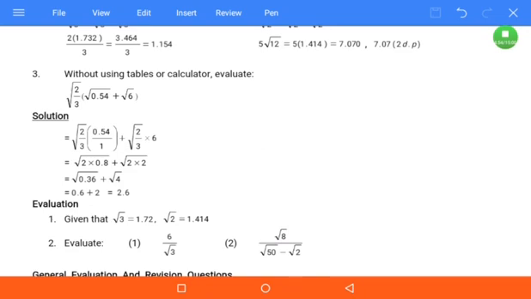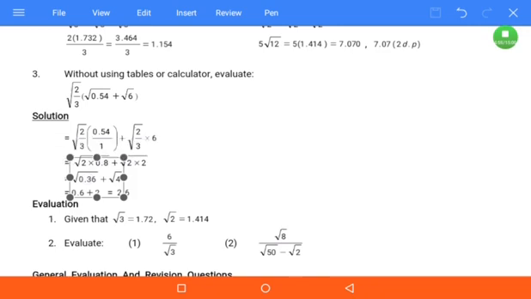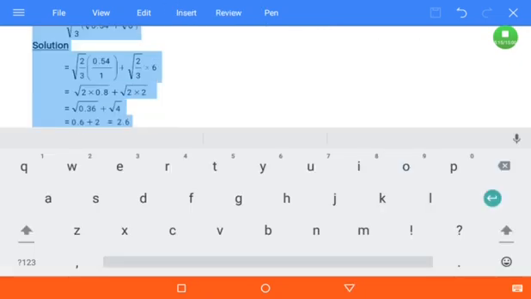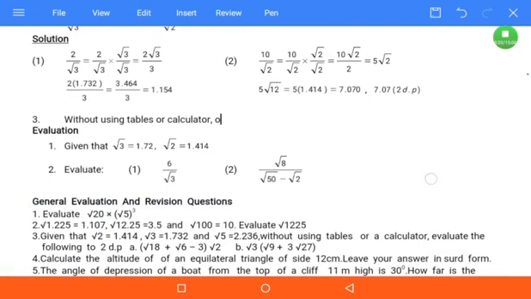Now if we have root 0.36 plus root 4. That will give us the square root of 0.36 is what? 0.6. Since the square root of 36 is 6, therefore the square root of 0.36 is 0.6. You don't need to use a calculator or tables to do this. So you have 0.6 plus 2, which should give us 2.6. That's clear, right? Okay, so let's take some evaluations here, and I'll be giving us some hints on how to